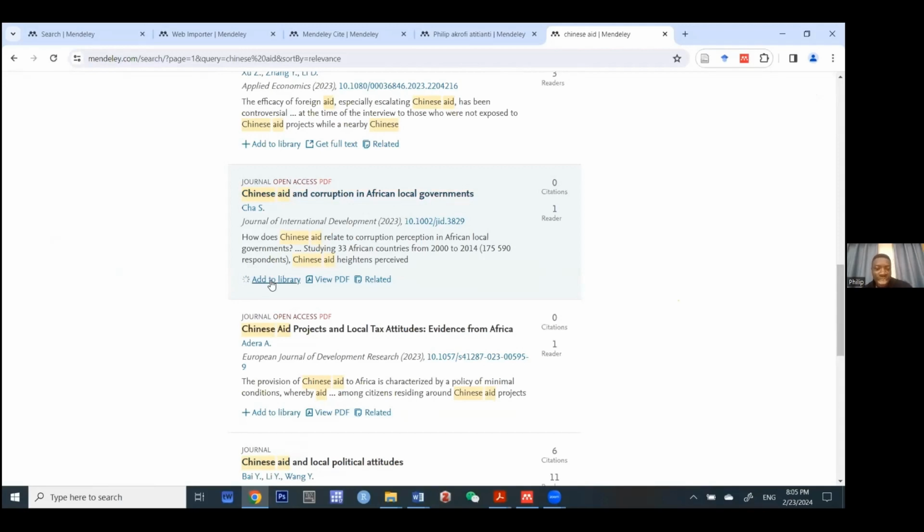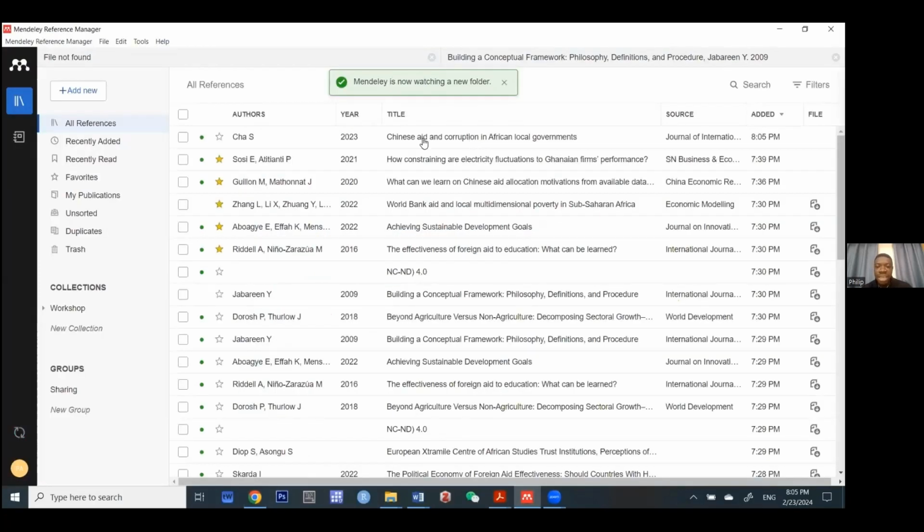If I click here, out to library, it will try to download the metadata plus the PDF because it's an open access paper. Is that okay? So once I click on this, it's now telling me view in library. If I go to my Mendeley, you realize that now it is showing up here: Chinese aid and corruption